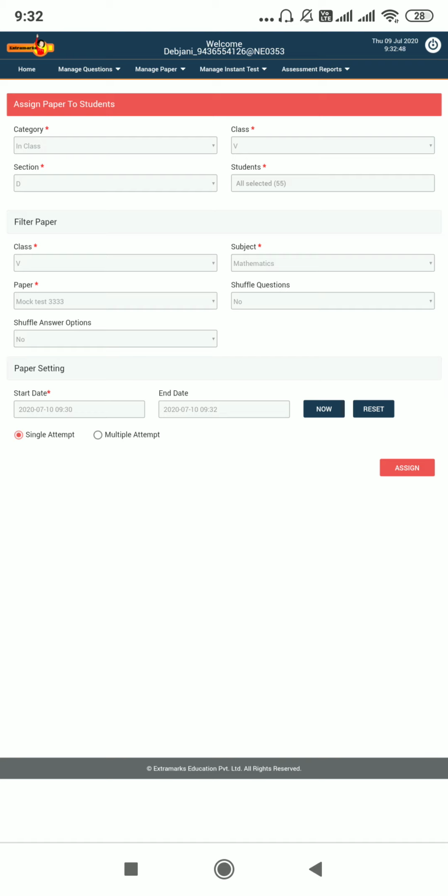Selecting the correct answer is not for the students to see. You are providing it to the system, because all the answer sheets will be auto corrected by the system. After you have given the correct answer, you click create. As soon as you click create, the question gets created. Once it is created, you can assign this question to your question paper, right?